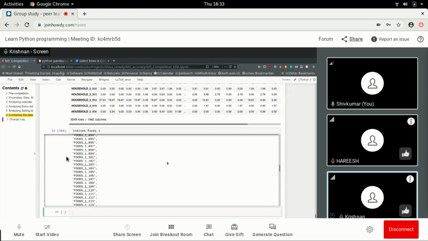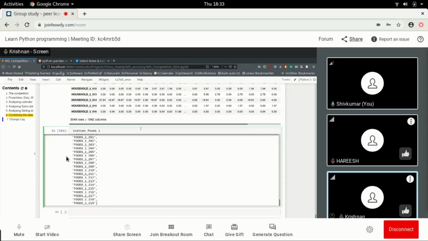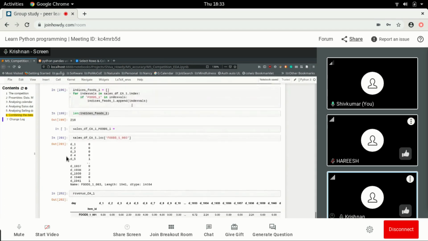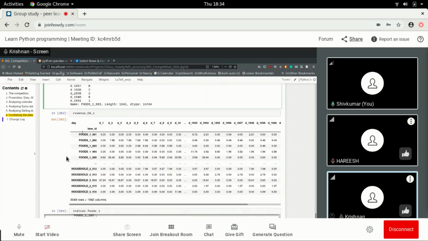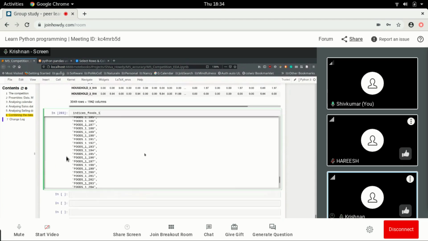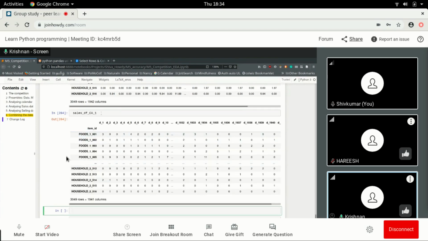So if we loop through this, each one, that is when you do a dot loc, you pick out one. So indices foods 1, let's use indices foods 1. Come down all the way, and let us pick out which was the data frame that we wanted, sales. This is the sales for sales items, and then we have the